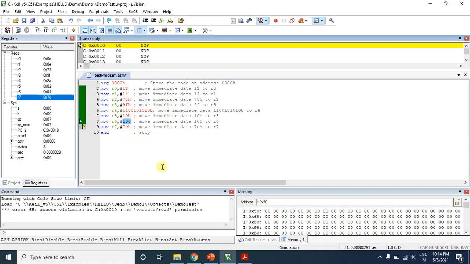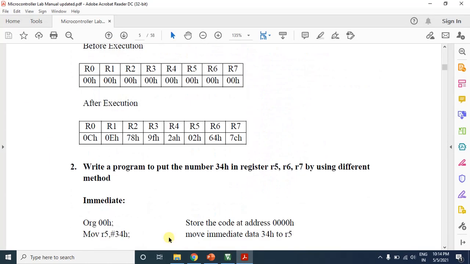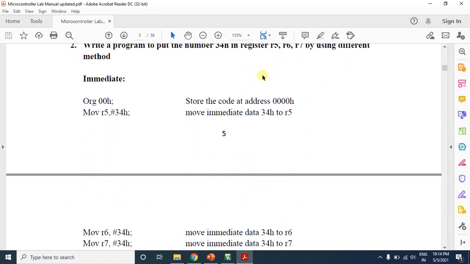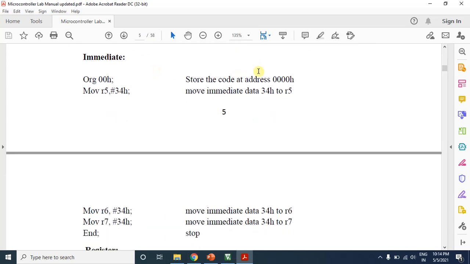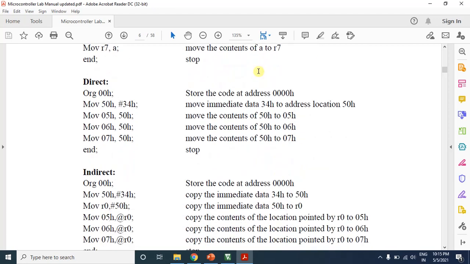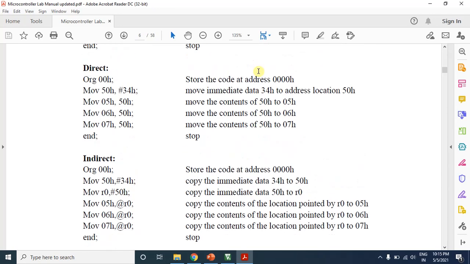Likewise, I have an example for using register mode also. So using this same approach, you have to write your program in the Keil software and verify the results.